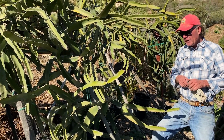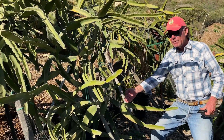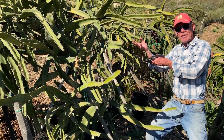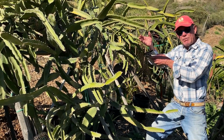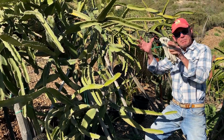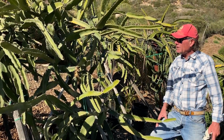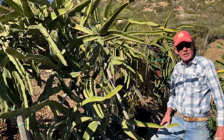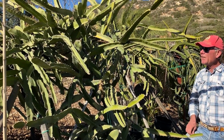And lastly, when I do take the cuttings, I'm taking things from down below. I'm trying to raise the canopy on this, and most dragon fruit want to be grown up about 3 to 4 feet, and then lollipopped at the top. And that's how I do a lot of the staking with the rebar and the hog wire at the top to get that lollipop look. Outside of that, this K,